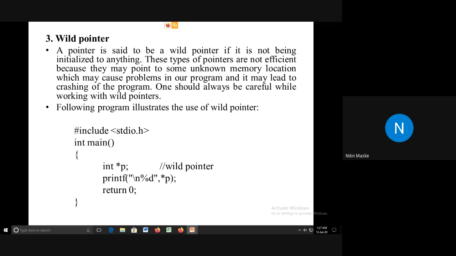But this is the pointer. This pointer is not initialized to anything. If you print the value, you may get the garbage value. And such type of pointer we are not using anywhere, because this is not going to be initialized to anything. If your variable is not initialized to anything,